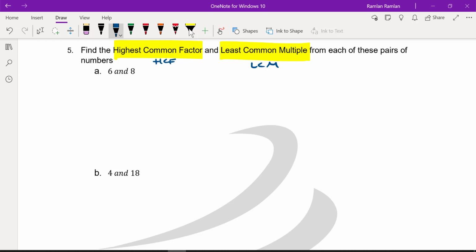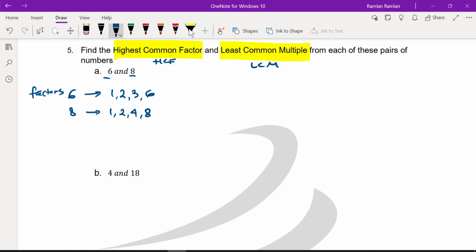Okay, so in here we have to find the highest common factor of these two, right? 6 and 8. If I want to find the highest common factor, I'm going to list the factors of 6 and 8. The factors of 6 are 1, 2, 3, and 6, right? Because we know that 6 is divisible by 1, 2, 3, and 6, okay? And then 8, the factors are, I'm going to write down factors here, okay? Factors. So 8 are 1, 2, 4, and 8, because we know that 8 is divisible by 1,